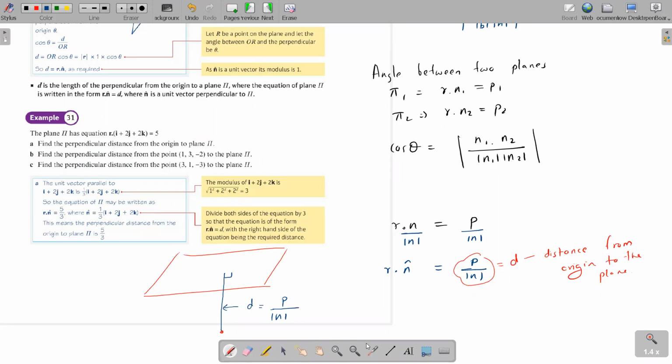Okay. And then children, they are giving you some very complicated methods here in the textbook to get the distance. Actually, even this method, you don't have to go with this. There is a very easy shortcut that you can use. Now, this is the distance from the origin to the plane. But in the exam, they also ask you to find the distance from another point, let's say the point is x. They want you to find the perpendicular distance from point x to the plane. In that case, it's a little bit tough, but we have a very easy method in our formula booklet.